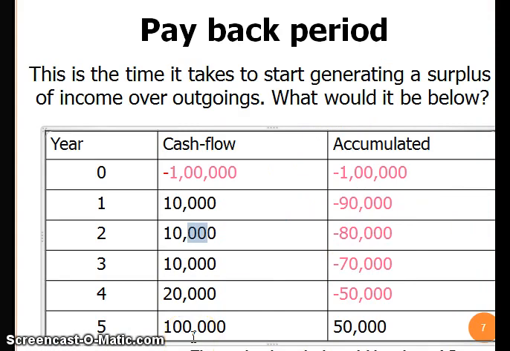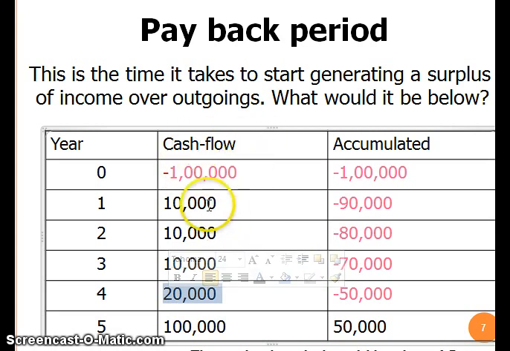The next category of analyzing the project is payback period. Payback period indicates the time taken or in how many years you can pay back your initial investment. So when you take the initial investment is 1 lakh rupees, and in the first year you will get a 10,000, second year 10,000, and third year 10,000, and in the fourth year it is 20,000. So what you have to do is you need to pay back the initial investment.